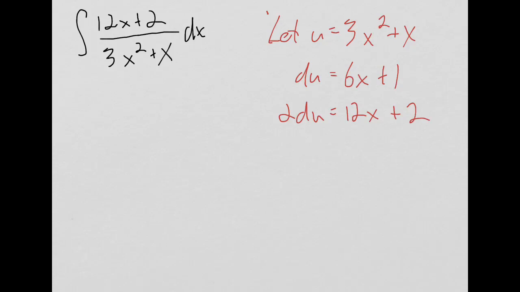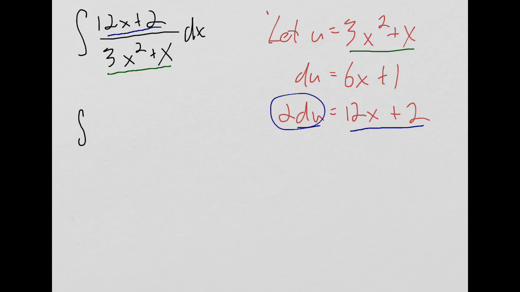So if you actually look forward to G and H on the same study guide, the next two, they have a similar type U sub, and I'm going to reuse this on those. But anyway, I look at this and I see that this matches that, and that this matches that. So I'm going to replace them with those pieces. So I'm going to get integral, in the top, I'm going to get 2 du. In the bottom, I'm going to get